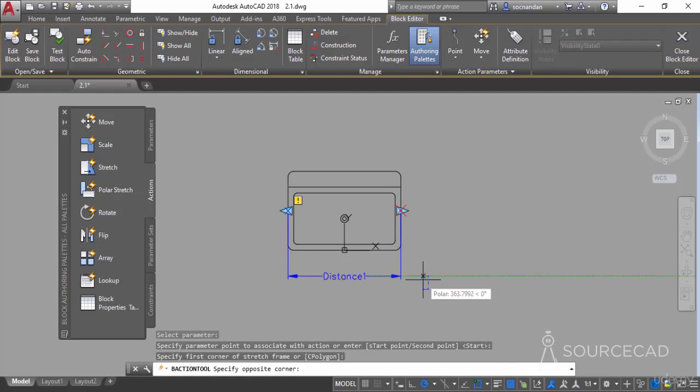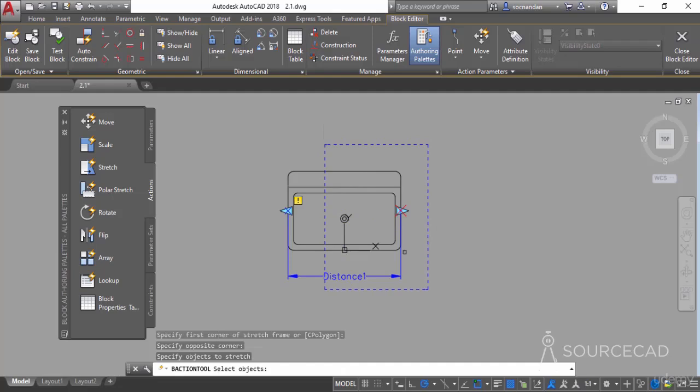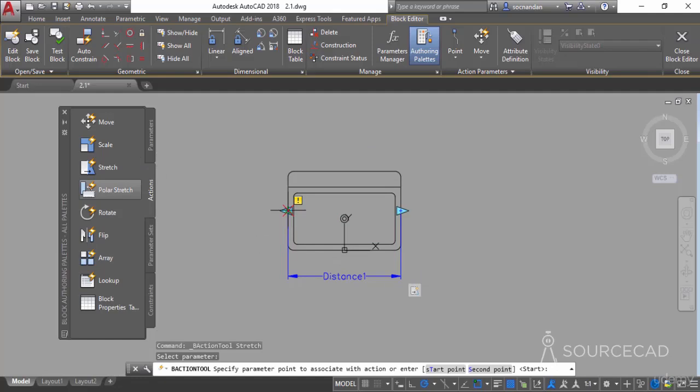Now specify the first corner of the frame and include all of these objects. Now make sure that this central part of this sink is also included, and let's click here and now once again make a crossing window to select the same objects just like this and press enter. Now go to stretch action again and select the same parameter, and this time specify this as the parameter point,